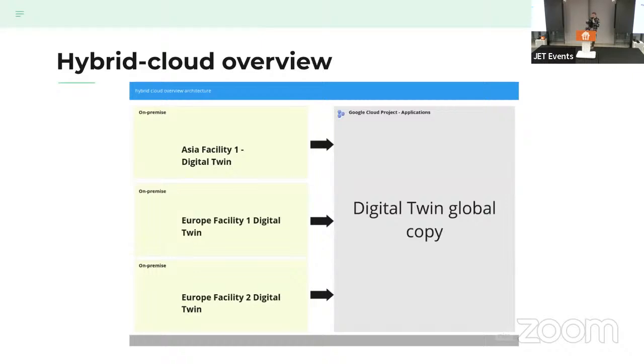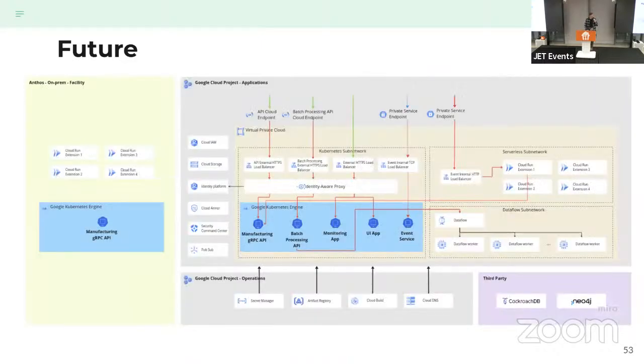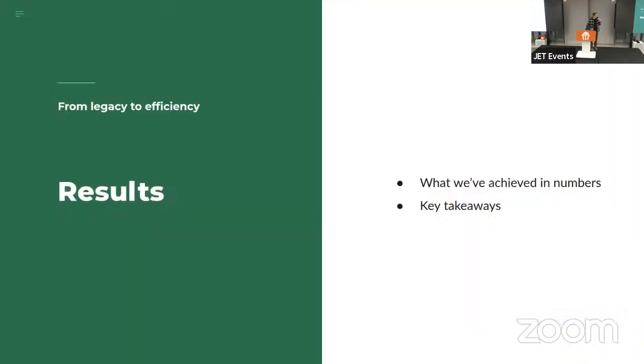The cloud would be the global copy of the data. It will collect data from all of the factories connected to it, and these greenish boxes are the edges, so these are the facilities. In a facility, we have a digital twin deployed on Anthos, and it hosts only the data related to the particular facility where it's deployed. More or less, this is how it could work. It's mostly placed here as a conversation starter for later.